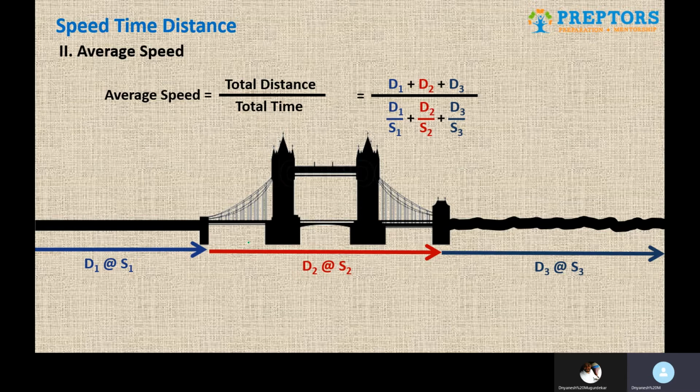Now what else they can switch up here is, instead of giving you the distances, they might give you the speed and the times. So the denominator is sorted, total time, but for finding out the speeds, you will have to again use the basic formula of speed, which is distance upon time, and so on.